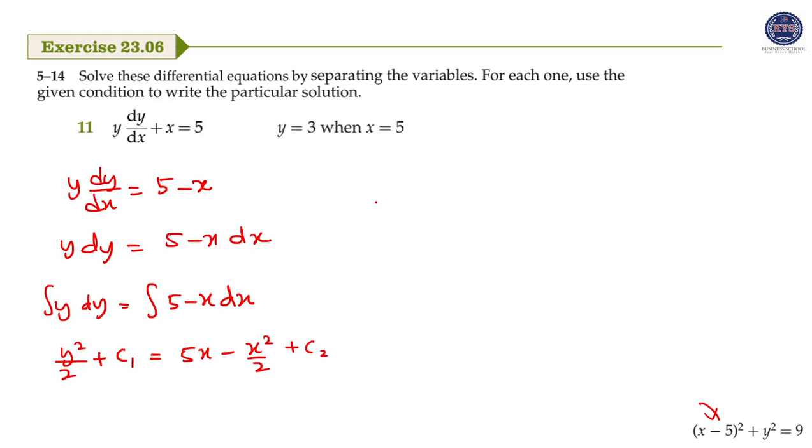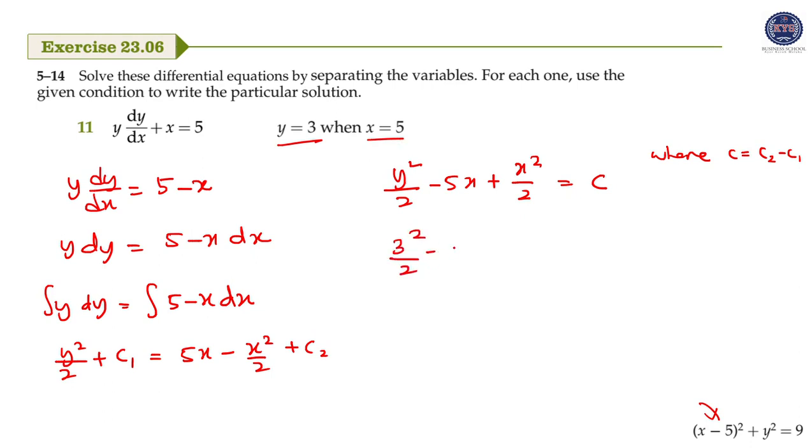Now put everything other than the constant on one side, so y squared over 2 minus 5x plus x squared over 2 equals c. Remember, c equals c2 minus c1. Now let's substitute the variables, which are y equals 3 and x equals 5. So 3 squared over 2 minus 5 times 5 plus 5 squared over 2 equals c. If you calculate over here, your c will be equal to